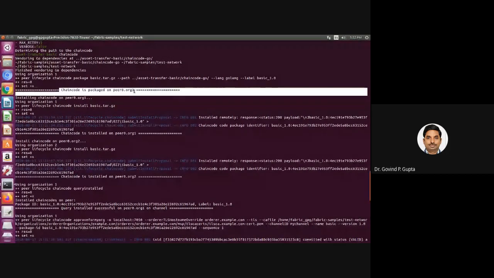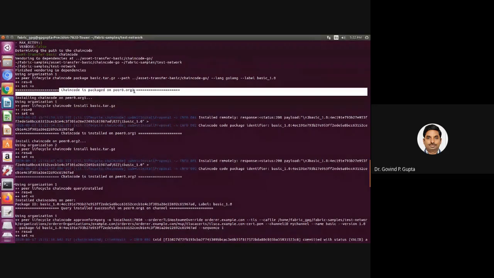In Fabric, they package all the smart contract code as well as some dependency within a container, in order to protect the business logic which is inbuilt within the smart contracts.